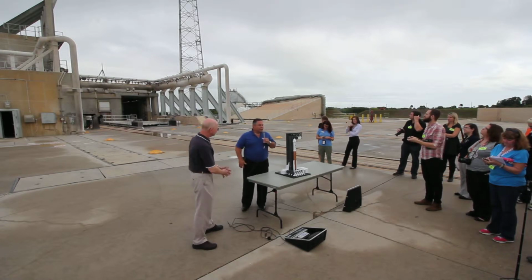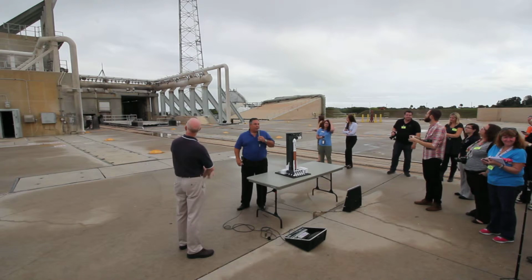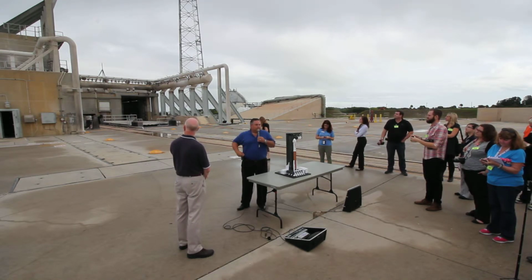Which bracing structure are you talking about? It's like you get the steel I-beams. We call that the Welling Wall, and it actually provides shielding to the environmental shelter behind us. Oh,